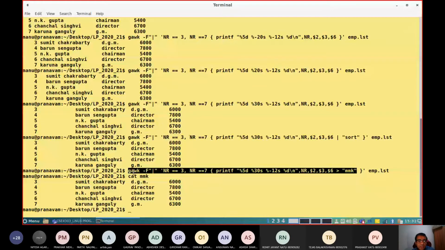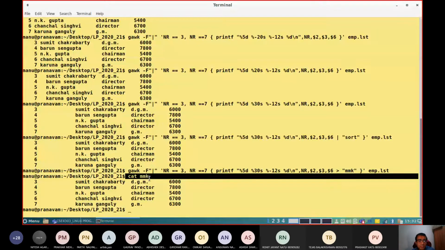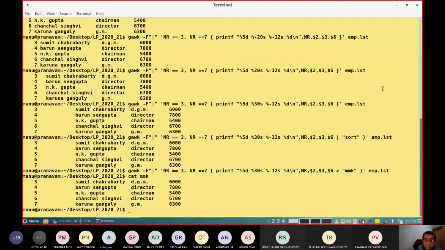That's why you can notice the moment after executing this command, I just printed the output of mmk. The actual output is stored in this particular file. Now let me try that sort once again. Because I used a line number there to print, now instead of printing the line number, I will remove that particular option.